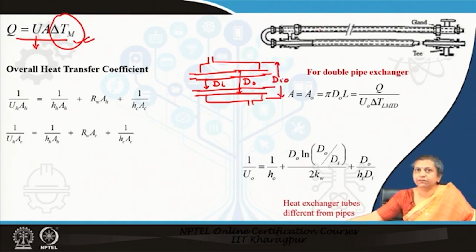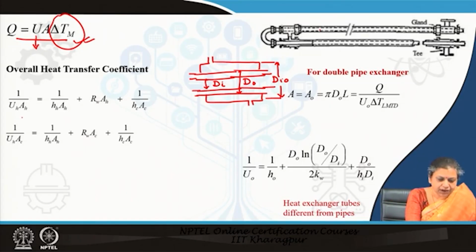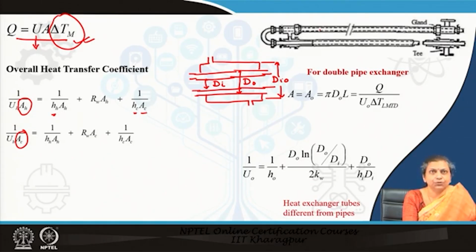So, therefore, you can very well see that the heat transfer coefficient can be defined either in terms of the heat transfer area of the hot fluid or in terms of the heat transfer area of the cold fluid, right. This derivation was also given to you. The h H is the heat transfer coefficient of the hot fluid, and A H is the area of heat transfer on the hot fluid side. This is the heat transfer coefficient of the cold fluid, and the area of heat transfer on the cold fluid side,